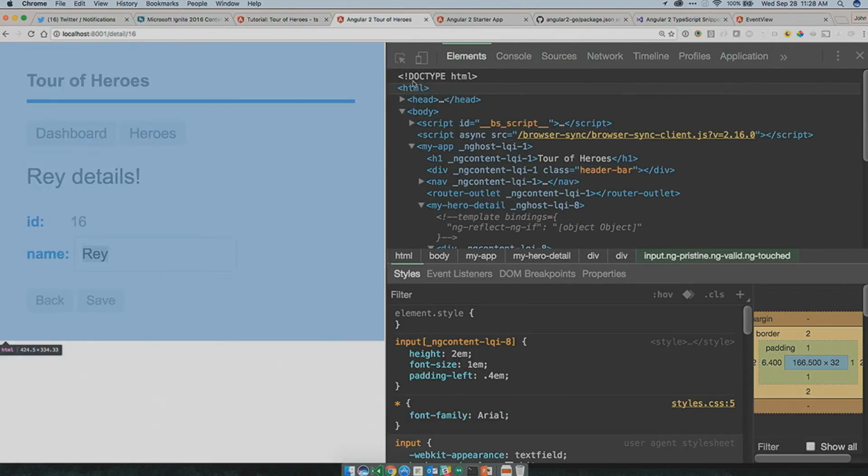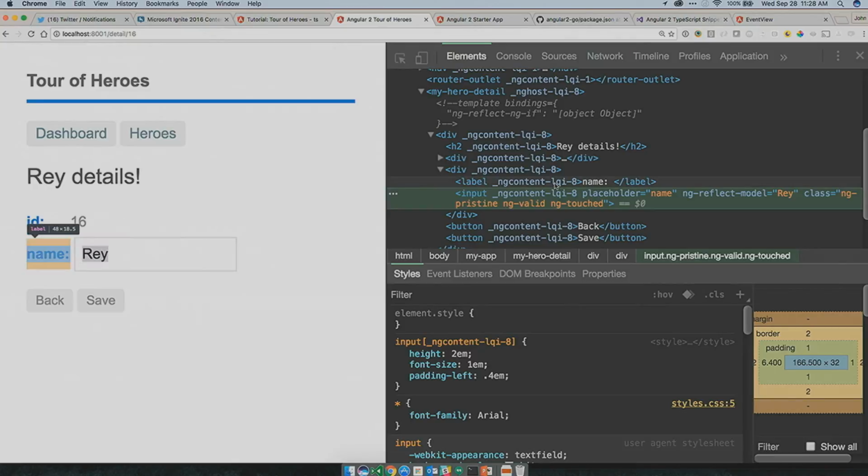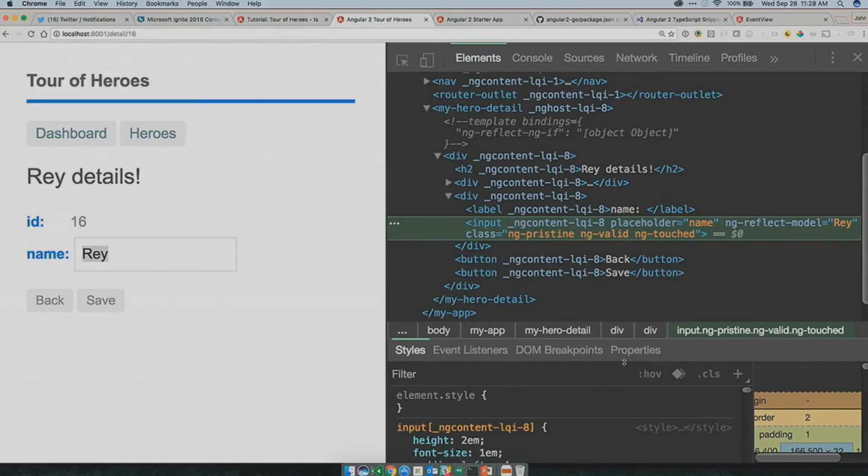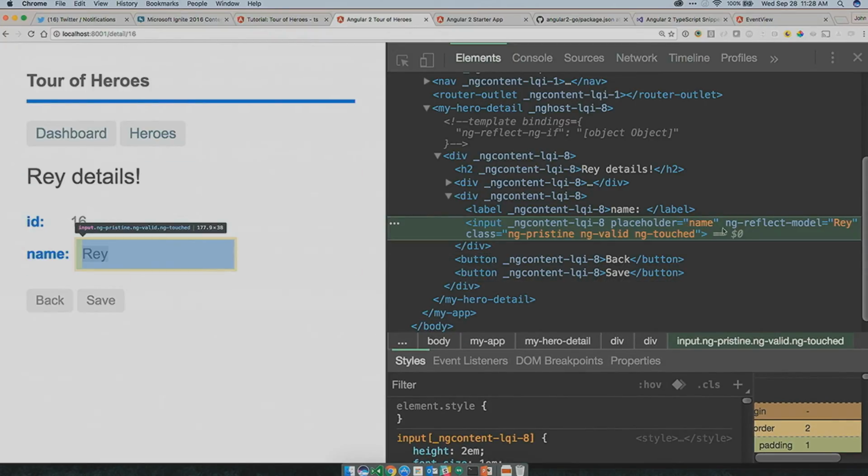All right, now let's select him again so we can find it. We'll go a little bit bigger. All right, so what we've got is an input box, and it's got a couple special things hanging off of it. Notice that it's saying ngReflectModel is Ray. That's the value that Angular's sticking into that to get the value out after we did the ngModel.